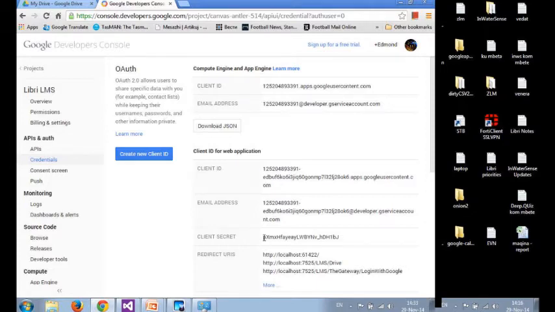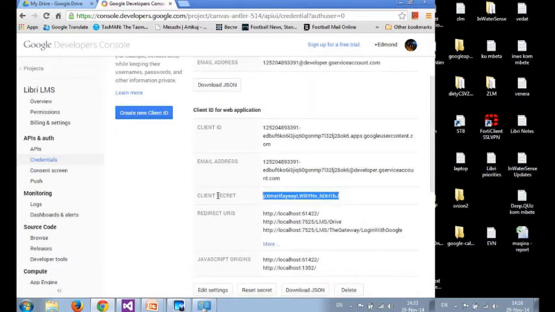This is the app client secret, and redirect URIs are the URLs